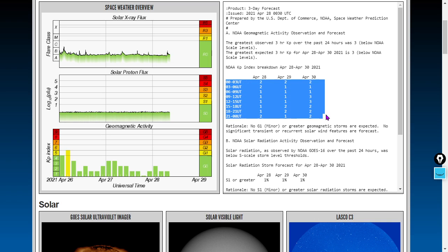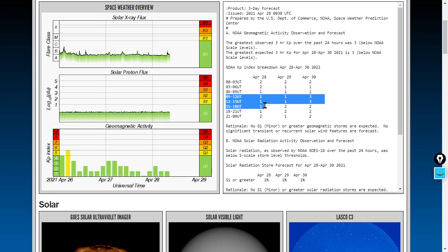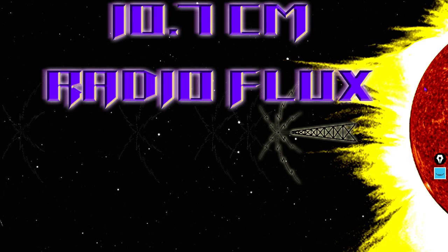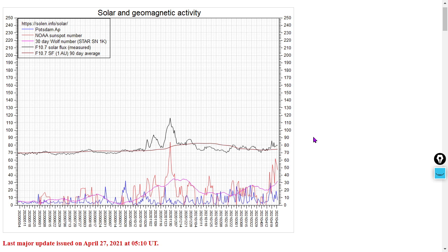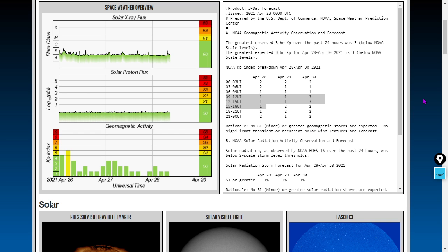So you can see here, NOAA's not forecasting anything for today. I'm expecting a geomagnetic storm sometime in this range right here on April 28th, and another one sometime early in the day on April 30th. Not April 30th. How do calendars work? May 1st. Yes, May 1st, as there is no 31st day in the month of April. So May 1st, we're expecting another geomagnetic storm, geomagnetic unrest condition, KP 5 or 6, forecasted for today and for